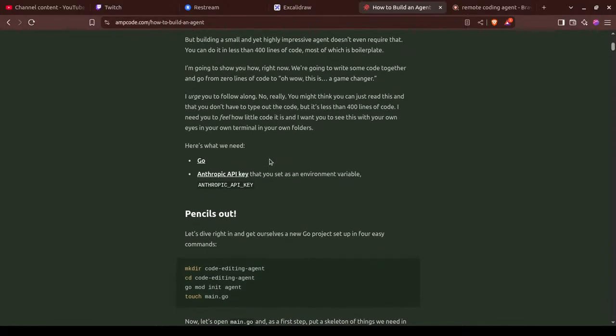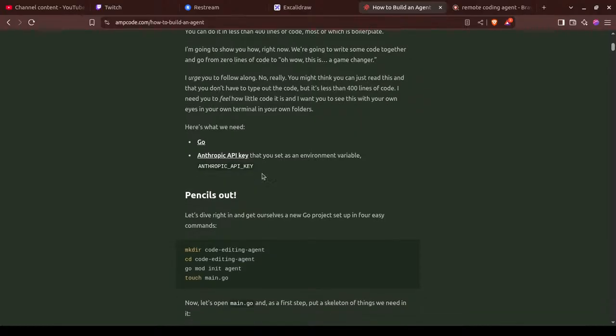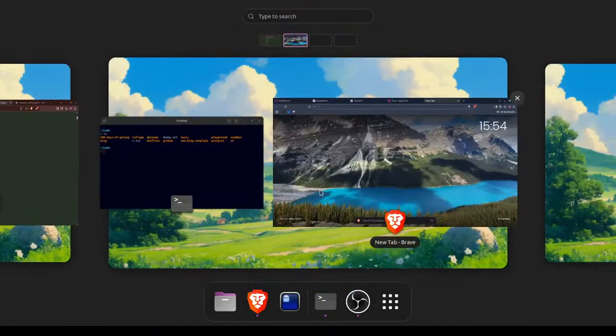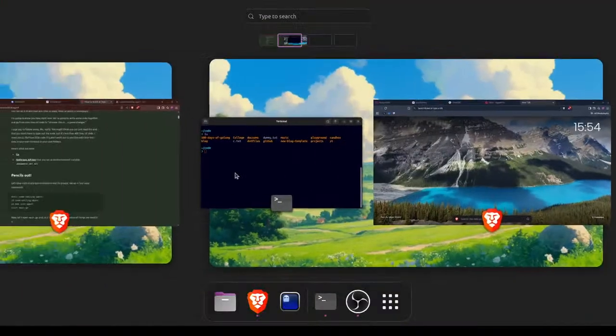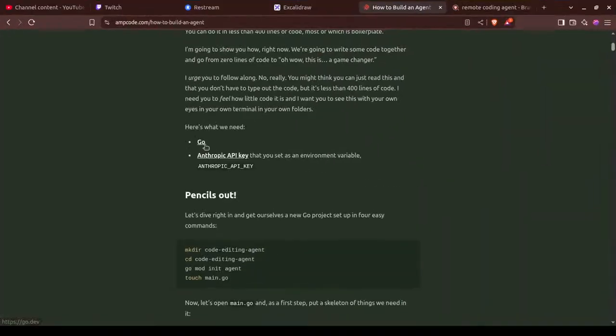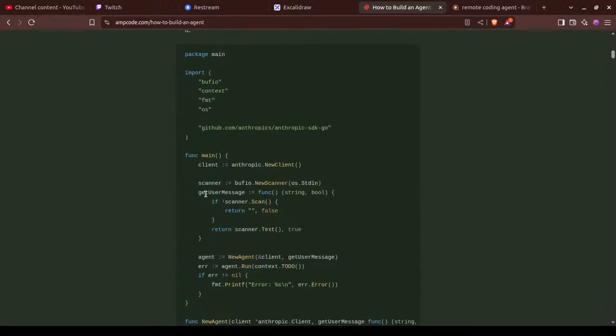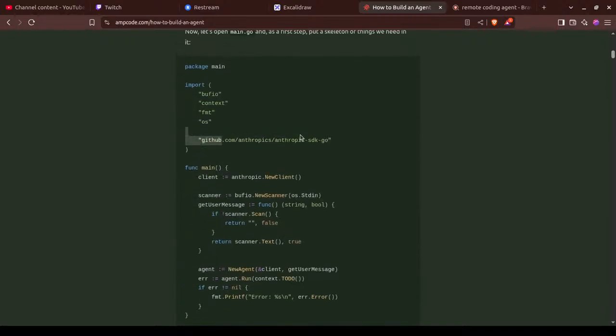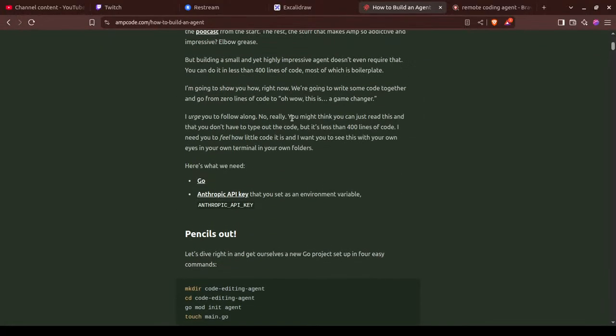Here's what we need. No, I cannot afford that. Okay. I might consider using Python because there's no SDK for it. We can build that, but at this point it becomes a liability.